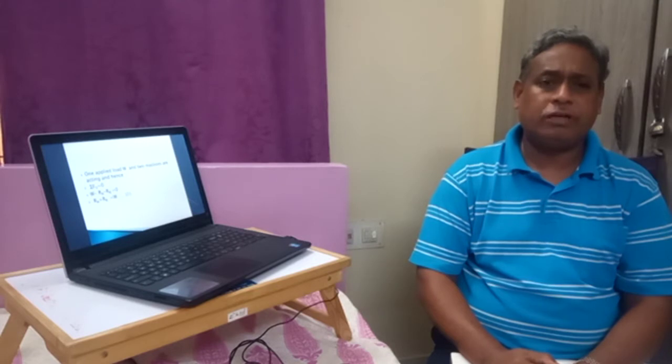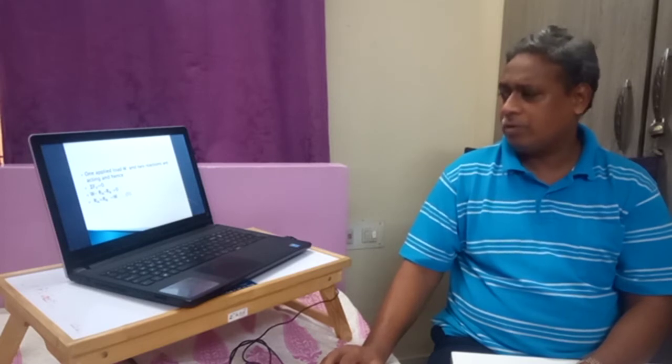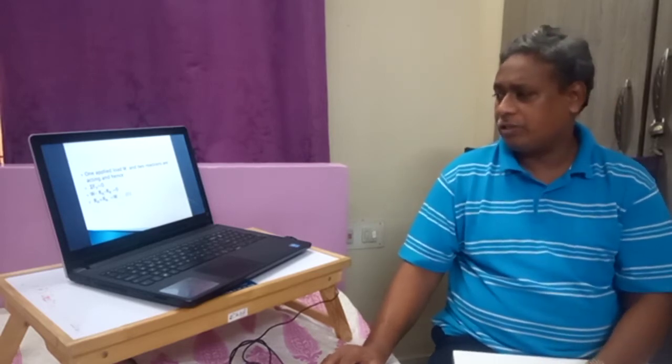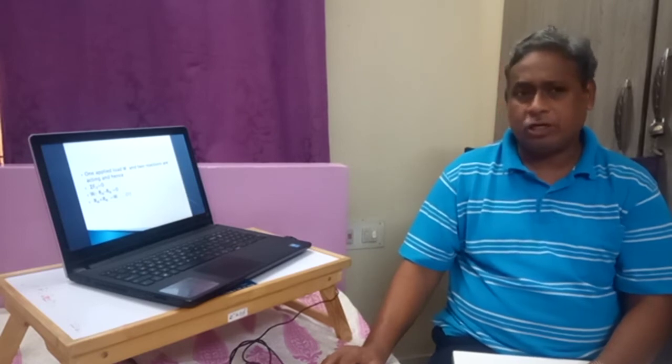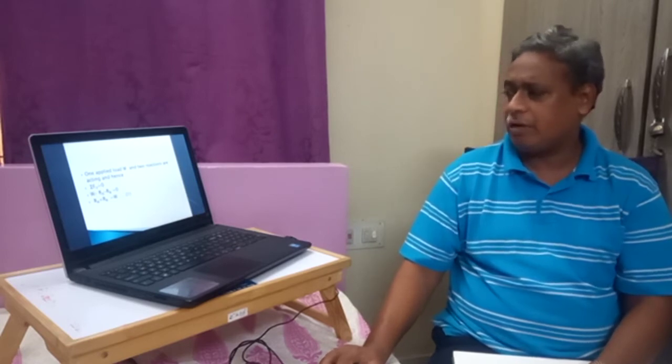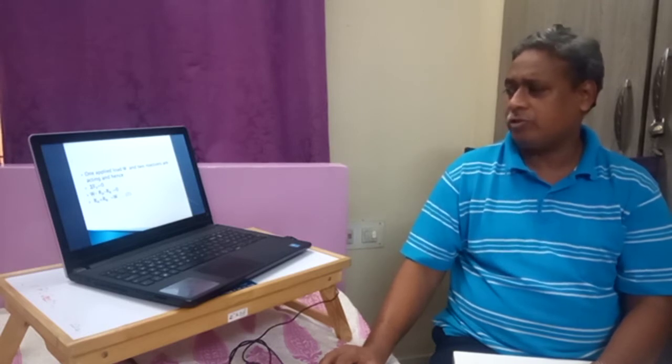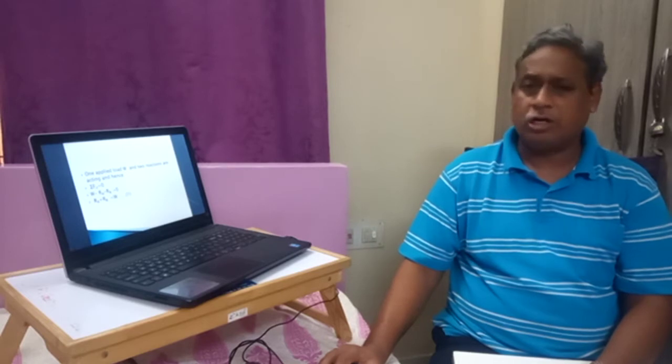That is, our equilibrium condition says that the algebraic sum of all vertical forces should be equal to 0. Therefore, the vertical force coming from the top is only W. W is positive. The two vertical forces from the bottom are moving upwards. The weight is acting downwards while the reactions are acting upwards. Therefore, W minus RA minus RB is equal to 0. RA plus RB is equal to W. This is the first equation.